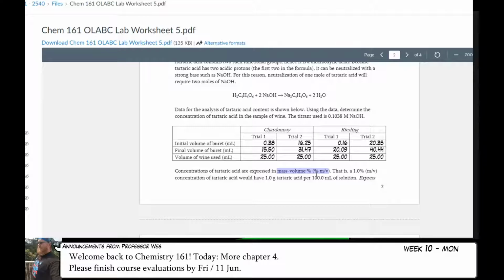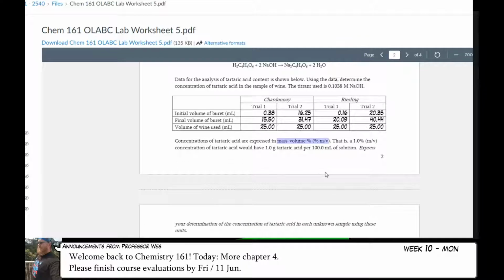That means figure out what the mass of tartaric acid is in this sample, then divide it by the number of milliliters there are. Now, as a hint, you should get an answer that is between 0% and 2% or so